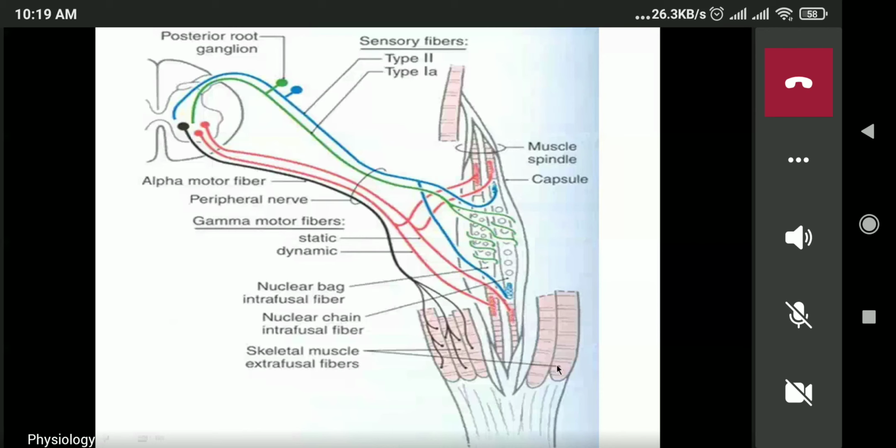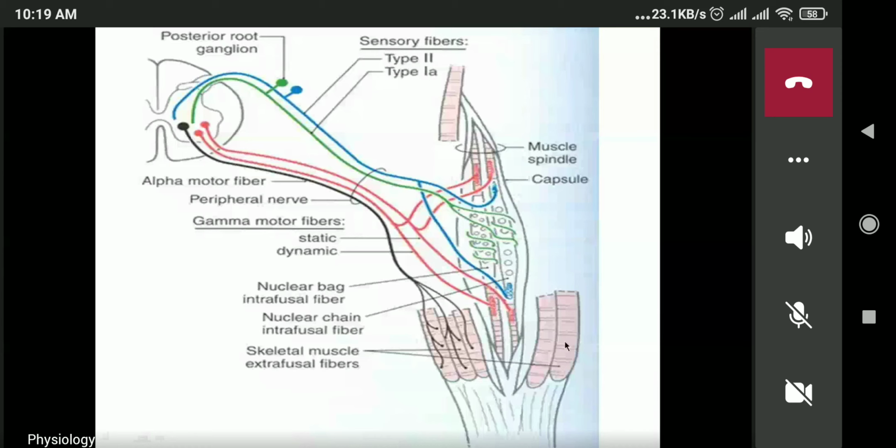So when the muscle contracts, you see the contraction of muscle. When we are moving our hand, feet, the muscle is contracting. If you do not see, flex your hand and extend your hand and see whether the biceps is contracting or not. Stretch your hand, then fold your hand. Biceps is contracting, triceps is contracting. Are you seeing that? Yes, sir. Those muscles which you are seeing are the extrafusal muscle.